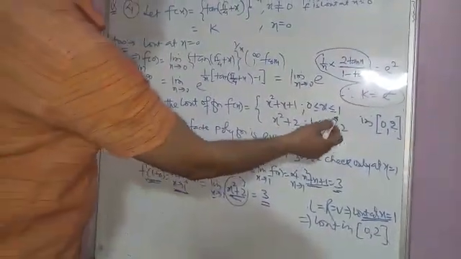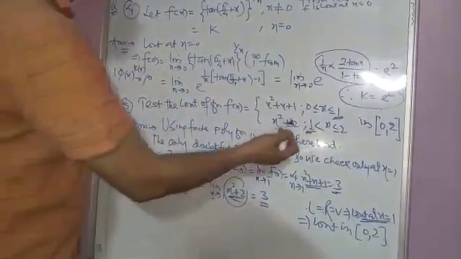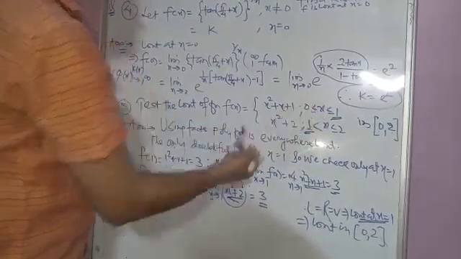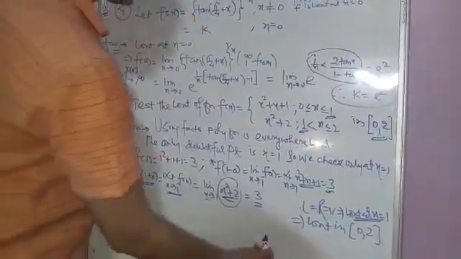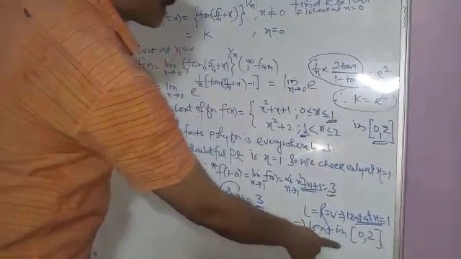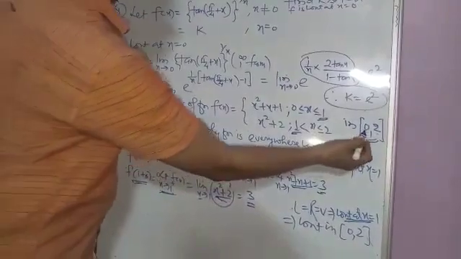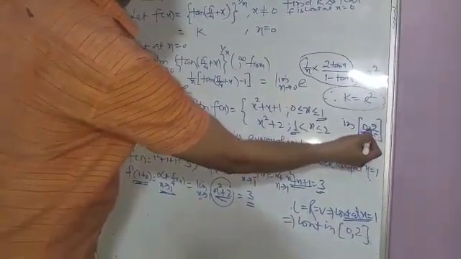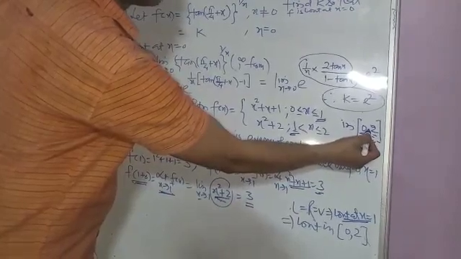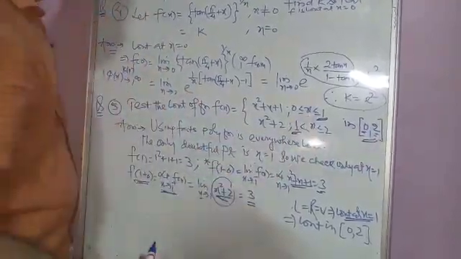The function is continuous at the change point, and the function is already continuous at the remaining points of this interval, being a polynomial. So we say the function is continuous at every point. Here there is no need to check continuity at 0, continuity at 2, or continuity at intermediate points. We only need to check the continuity at the change point.